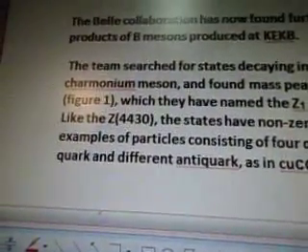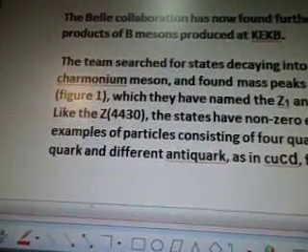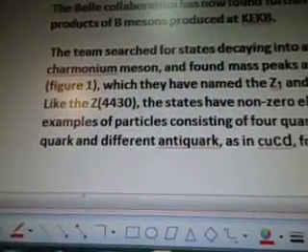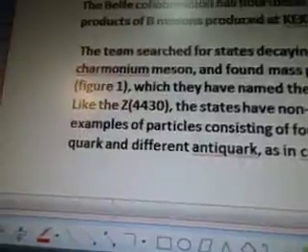The states have non-zero electric charge and could be further examples of particles consisting of 4 quarks: A, C, and C bound together with a quark and different antiquark, as in CuCd, for example. Okay,